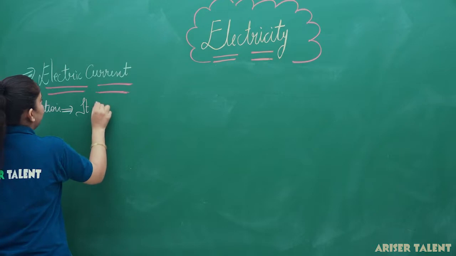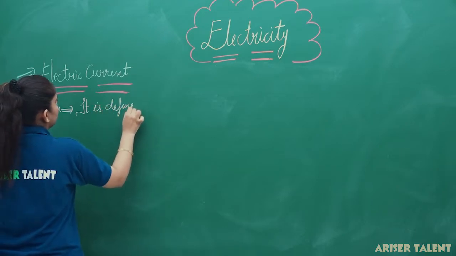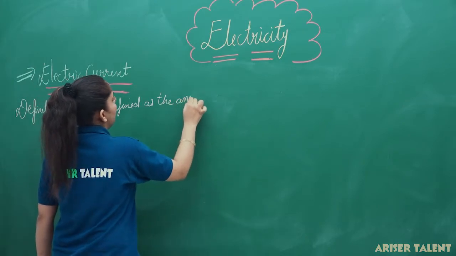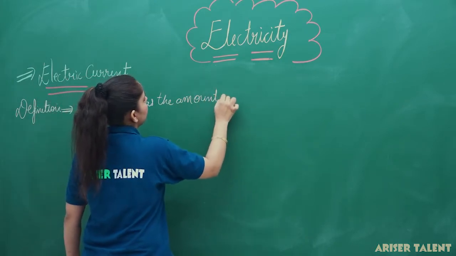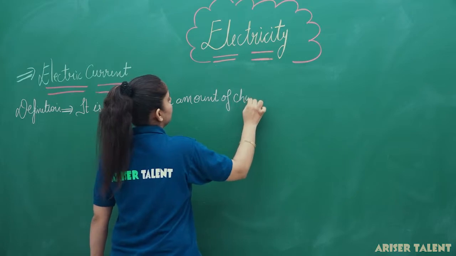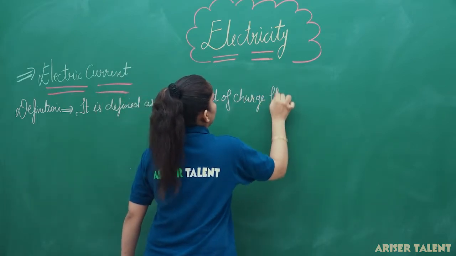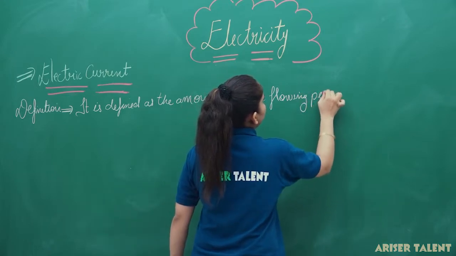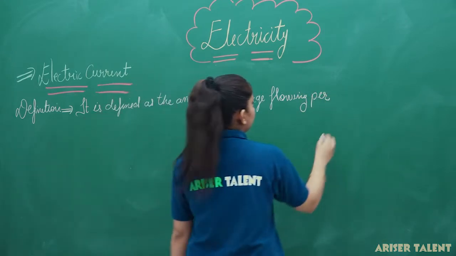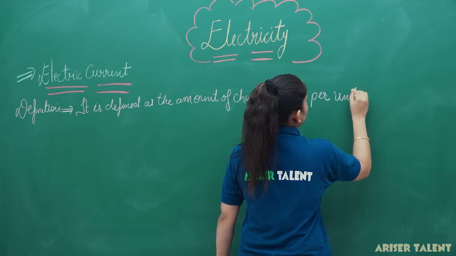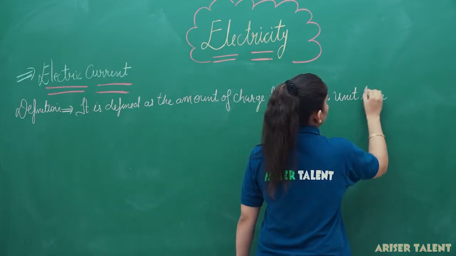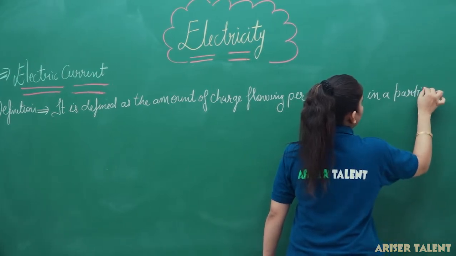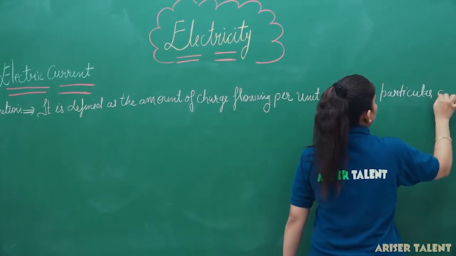It is defined as the amount of charge flowing per unit time in a particular area,